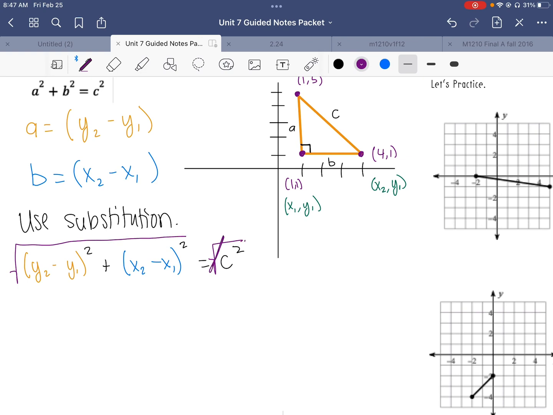So remember, these will cancel each other out. Be careful with that though, because these two and this do not cancel each other out. This plus sign makes it so that this has to stay there. So on this right side we have c, and I'm actually going to switch that to the left side. Okay. And then what we end up with is c equals